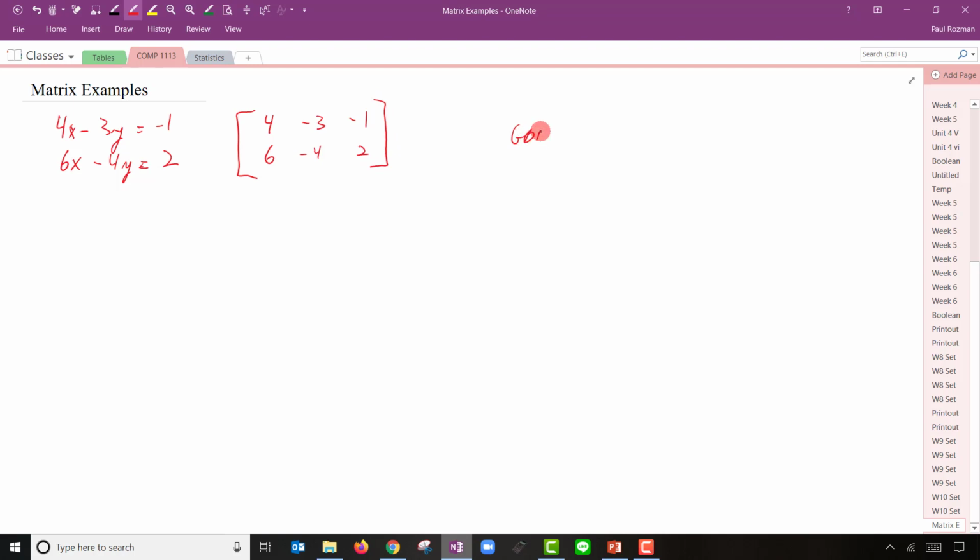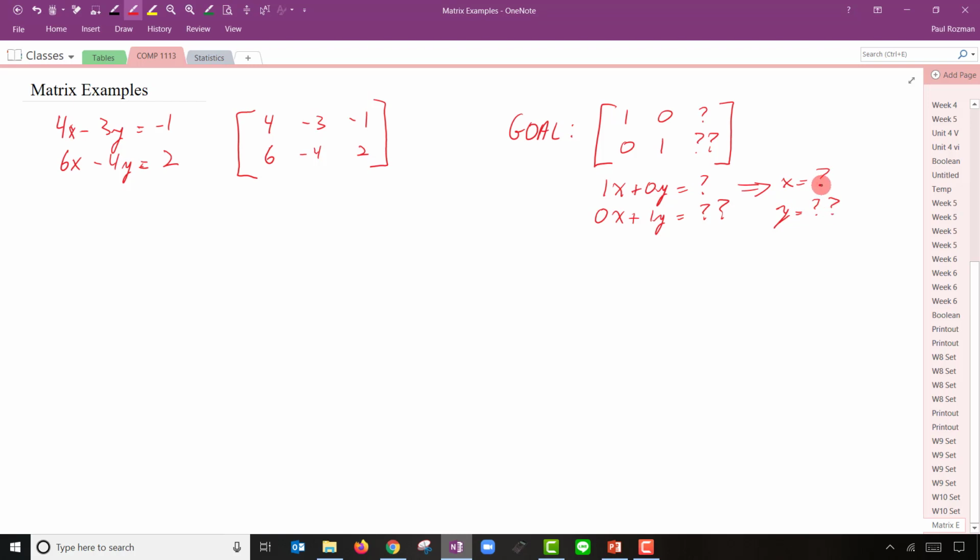Our goal is to get it into a form like this, where we'll have something here and something else here. Because when it's in this form, we'll have 1x plus 0y equals something. And in the second equation, we'll have 0x plus 1y equals potentially something else. Which then, using that, we know that x equals question mark and y equals double question mark. That's our goal. And to achieve this goal, we're going to do basically the rules that we're allowed to do